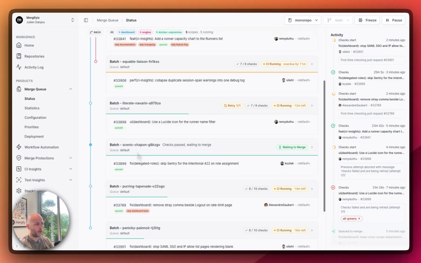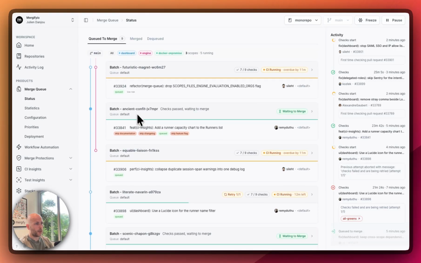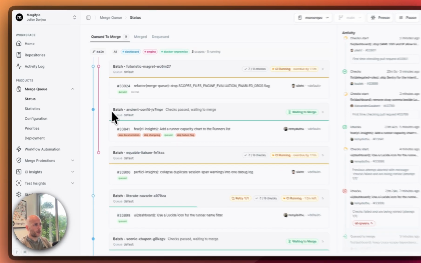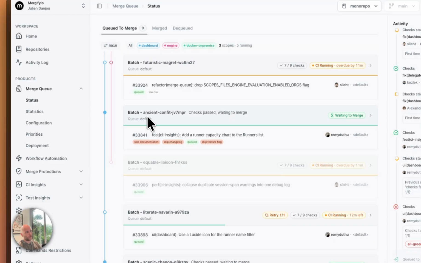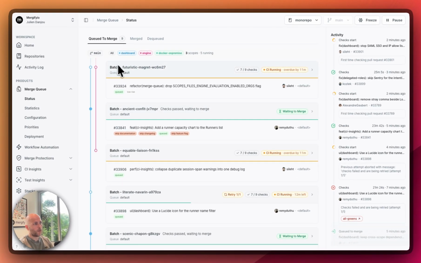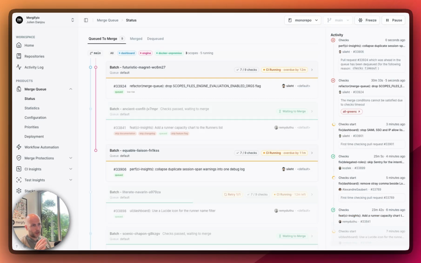and being tested together, meaning, for example, that this PR here is only waiting for the PR in front of it with the same scope, so this one from dashboard, and same for this one, which is going to wait for the one before with the same scope, engine. So you have parallel lanes, basically a parallel merge queue for each of your PRs, depending on which scope they